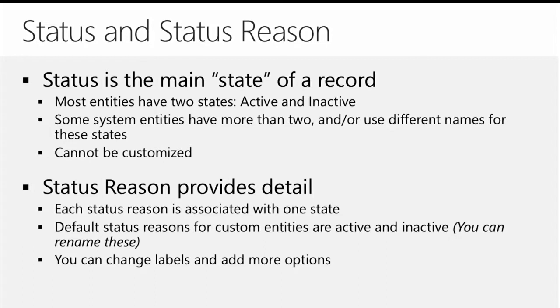So for example, you might have a status reason for a loan application. The loan application is currently active. Okay, it's active, but from a status reason standpoint, it's been submitted. Then once we get a pre-approval scenario, it's still active, but now they've been pre-approved. And so this is where you can use these status reasons to allow you to see more specifically what's actually